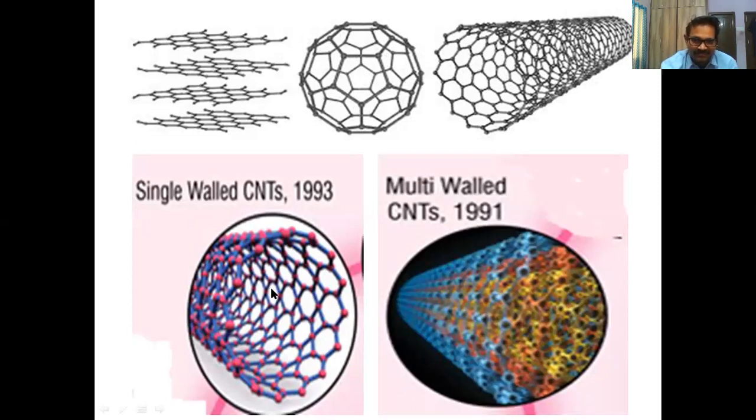A single nanotube is the one rolled with a diameter in the range of 1 nanometer. We can call it a single-walled carbon nanotube, or otherwise, when many of these carbon nanotubes are rolled, then we normally get a multi-walled carbon nanotube. So its size becomes bigger, and the diameter varies from more than 1 nanometer to 100 nanometers. If more than 1 nanometer, up to 100 nanometers, then we can call it multi-walled. Less than 1 nanometer, we can call it single-walled carbon nanotubes.